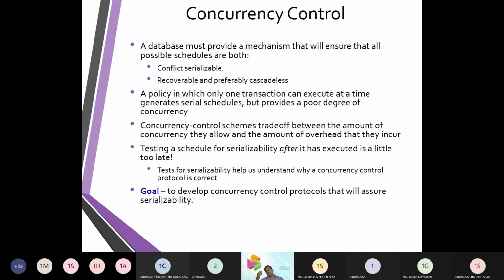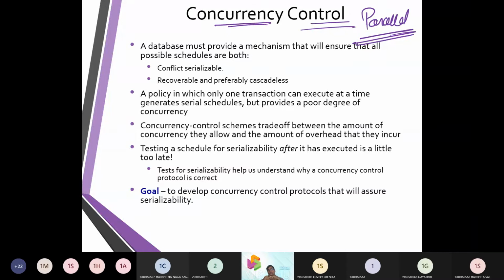Next comes the word called concurrency control. When we say concurrency control, the most important thing was we need to execute things in parallel.